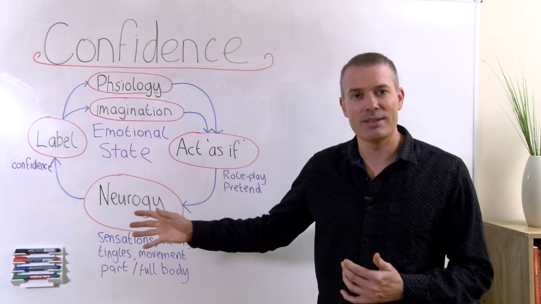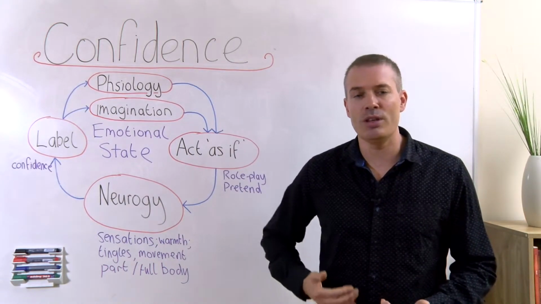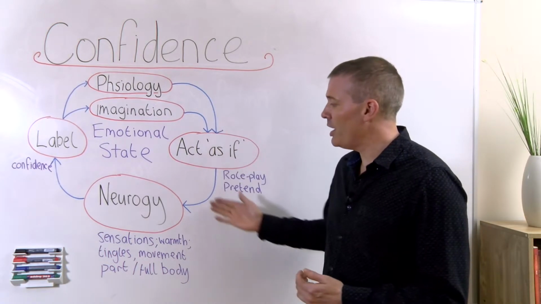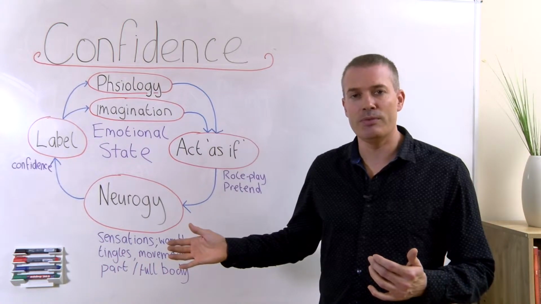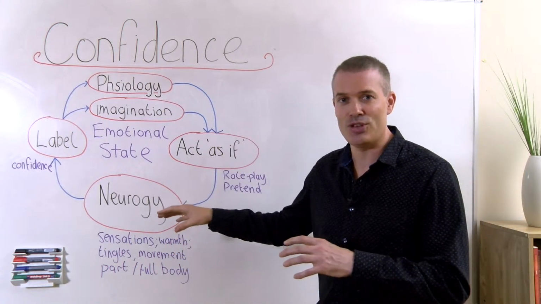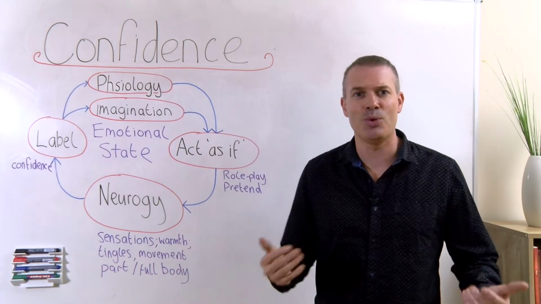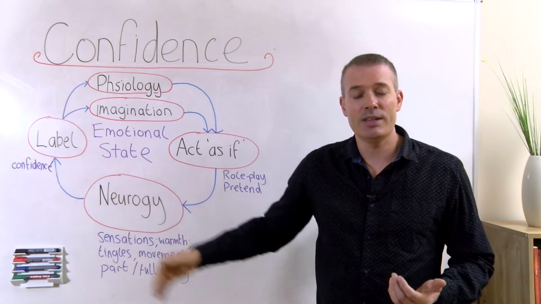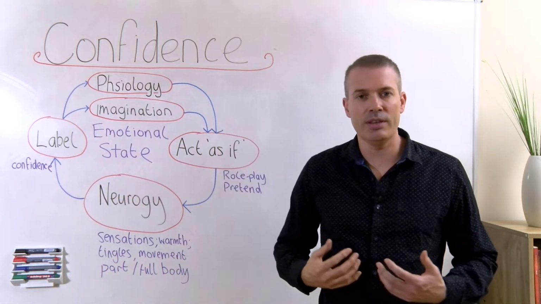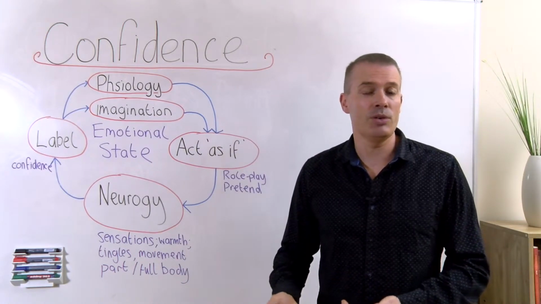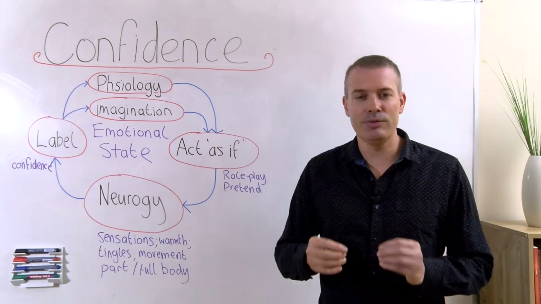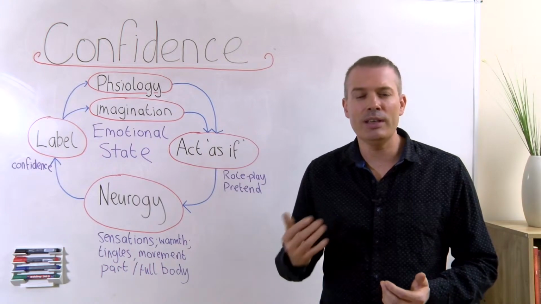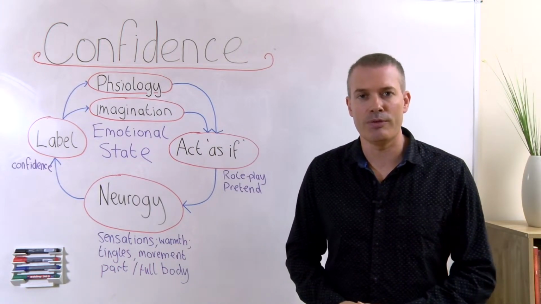So the more that you do this, the more you're effectively training your brain, training your body, training your mind to feel these feelings of confidence more often. And then what happens is this becomes almost self-reinforcing. Because we are feeling these changes, these shifts, these sensations, tingles, warmths, etc., that then reinforces the label itself. It's kind of like, oh, I'm feeling this tingle, I'm feeling this warmth, then that means I am confident. So it has this lovely little self-reinforcing effect that can end up creating this lovely little upward cycle that can be really quite profound.